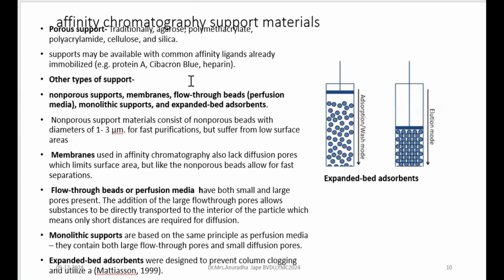Now, what are the different types of supports? So many are there, as I said, but they can be classified as porous ones. Silica gel or cellulose or Sephadex, dextran, agarose, all these are porous, right? Macroporous. And we have seen that they are available in different sizes also. Particle size and pore size also have to be very specific when you are preparing a chromatographic column. Based on that, readily available columns are there in the market also. You have to specify what is the particle size, what is the pore size, the diameter of the column when we are talking about the specific support matrix. So you have to say, I want a Sephadex column of